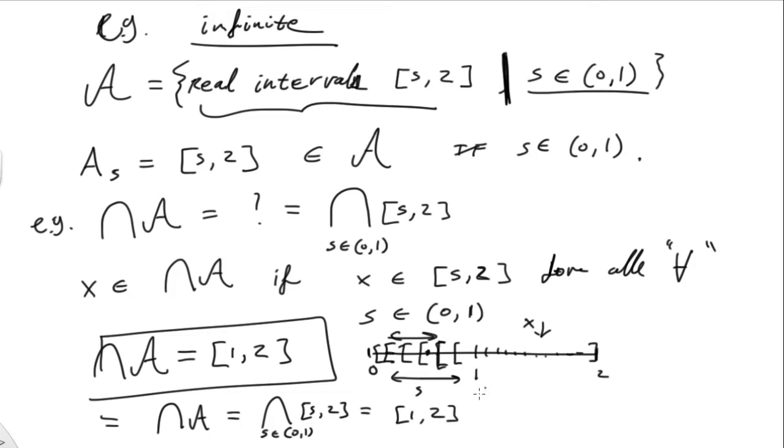Okay, so and of course, an object is in this set when it's in all of them. If x is equal to 1, that's okay, because x equal to 1 is always bigger than the lower bound s. Okay, so now let's go to the final example, taking our same collection of sets, which is going to be